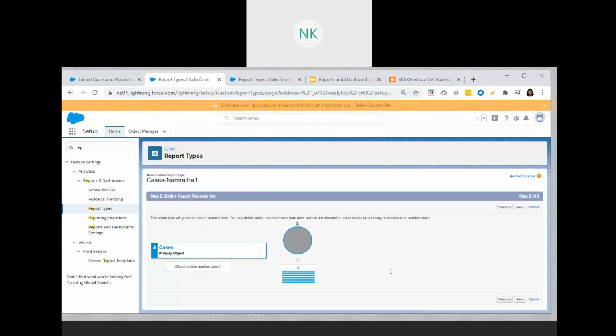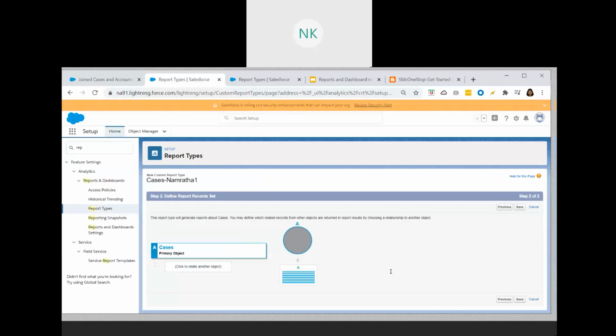So here we have chosen the primary object as the Case object. Once we save the primary object in the report type, you cannot change that primary object. And if at all you delete the primary object which is used in the specific report type, the reports that we have created related to this report type will also get deleted.